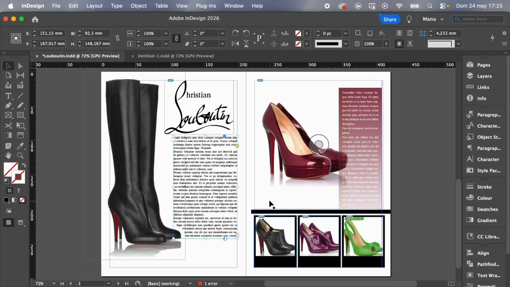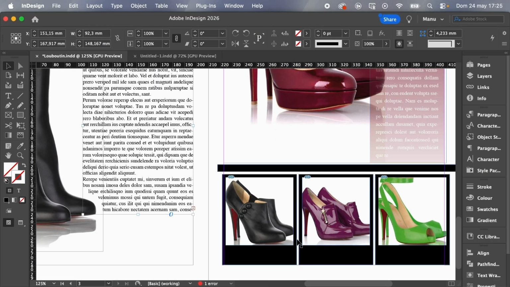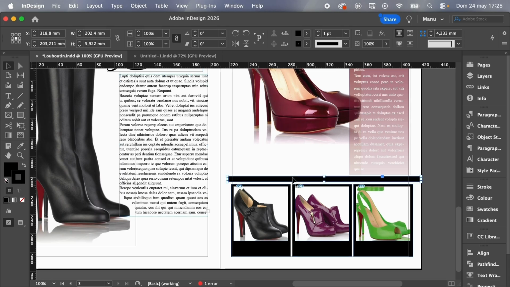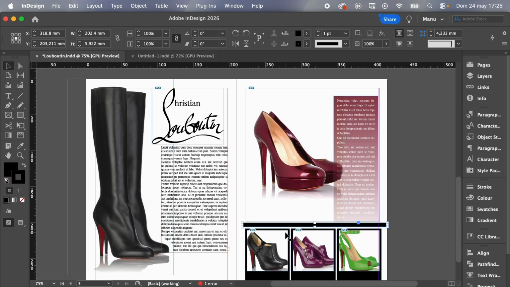Let's go now with the right page. And let's start from the bottom with these three images, which are placed inside some kind of rectangles. Then we have another rectangle in black. And then we have this image and this text box, which actually, with a part of the field color, we can see that there is a kind of effect on the text. So we will have to do that as well.